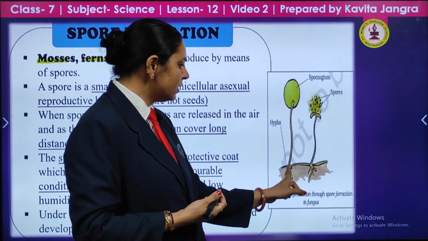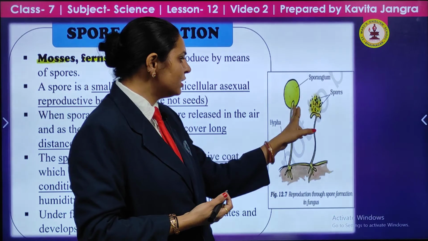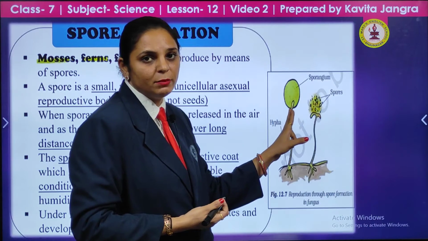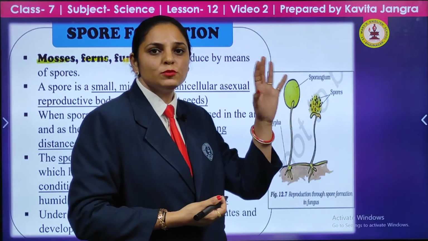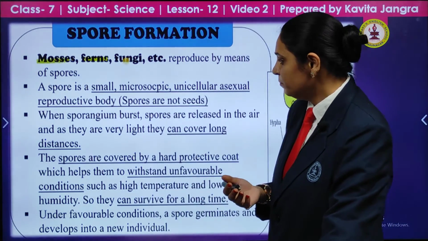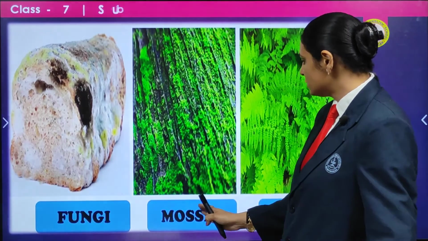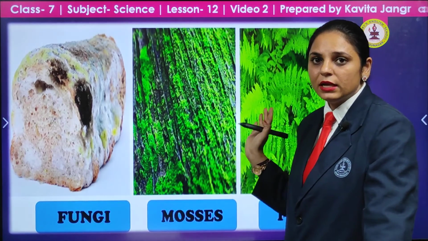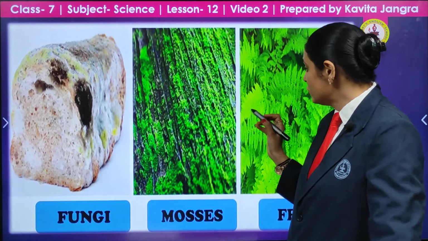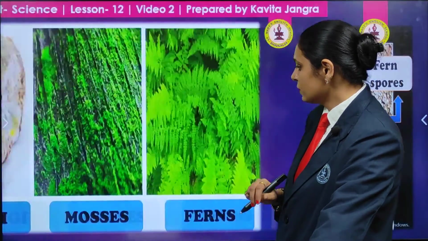As you can see, this is the long thread-like structure, that is hyphae, and they are known as sporangia. This is the stem, and the outer wall is the thick protective coating. When they get favorable conditions, it bursts and releases the spores to long distances. When they get favorable conditions, they again grow into new plants. It is found in the case of fungi also, like bread mold, you can see, and in mosses and ferns. When you go to hilly areas, they are distributed there, formed through spores, and the spores are basically on the lower portion of the leaves. They are present on the lower end of the leaf.